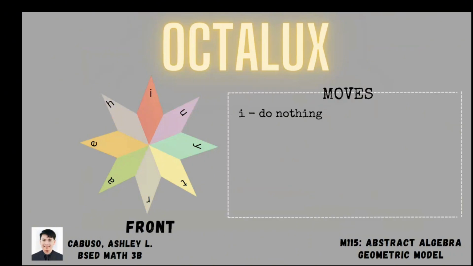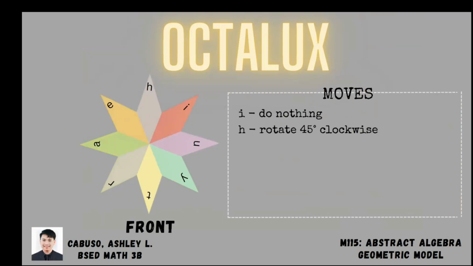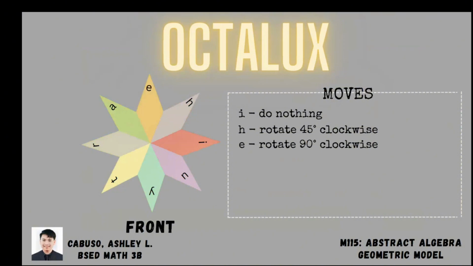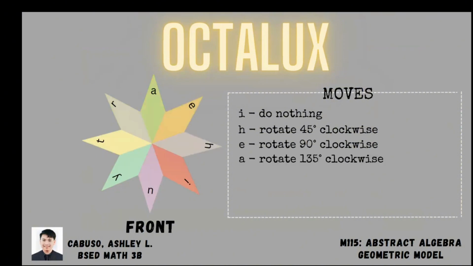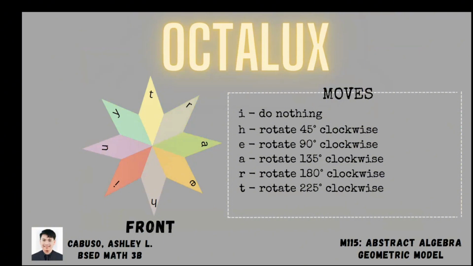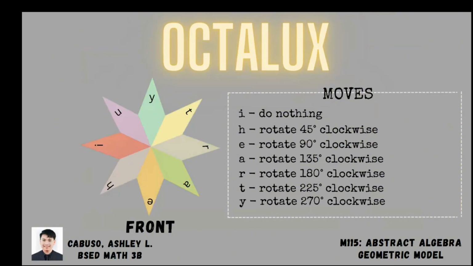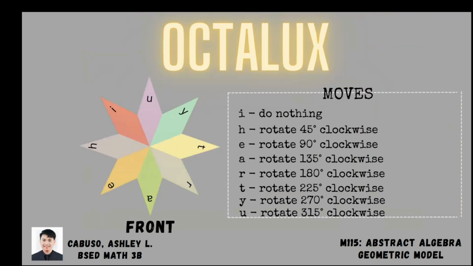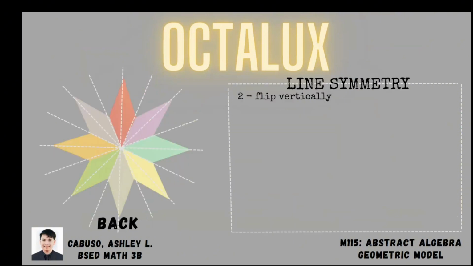Moves. I: do nothing. H: rotate 45 degrees clockwise. E: rotate 90 degrees clockwise. A: rotate 135 degrees clockwise. R: rotate 180 degrees clockwise. T: rotate 225 degrees clockwise. Y: rotate 270 degrees clockwise. U: rotate 315 degrees clockwise. Then in line symmetry, 2: